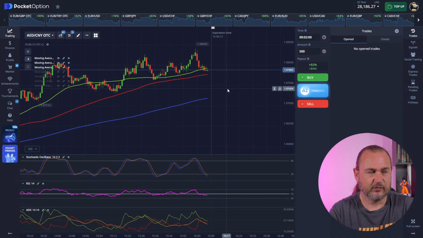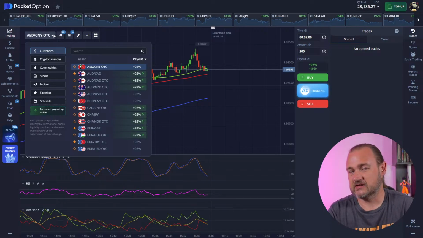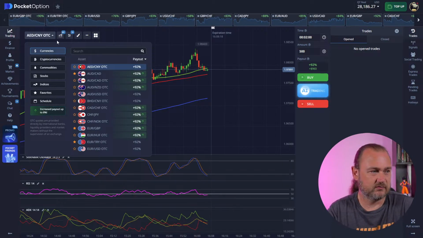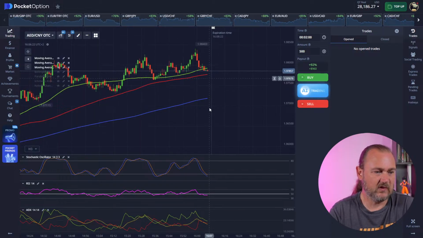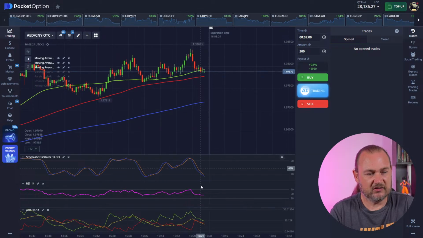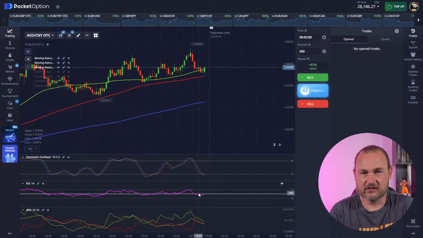I've said this so many times. People are still chasing that super 100% winning strategy, which doesn't exist. Okay, so what went wrong here is when this candle closed, right on the close of this candle, it pulled back quite a bit. By the time I took my position, this RSI was still above the 50 line, but in that last second, the candle just dropped